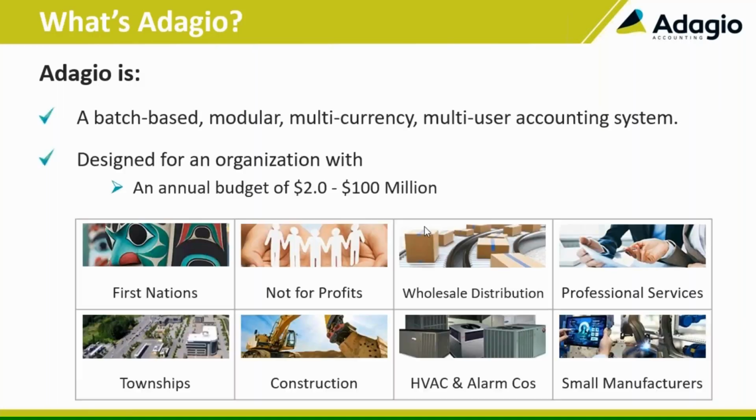So what else can I tell you about it? We're designed for organizations managing between 2 and 100 million in revenue. We have a very large presence in the First Nation not-for-profit space because of the strength of our custom reporting solutions and our auditability. Really easy to audit Adagio, very complete audit trails,